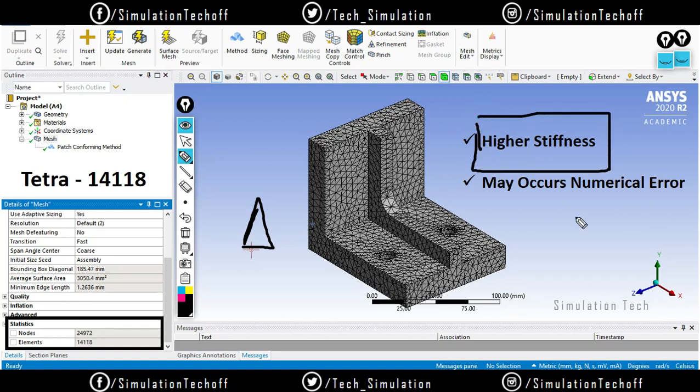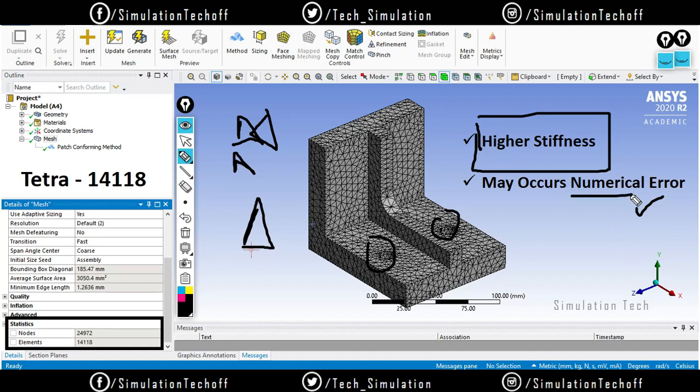And what is the second thing? You may get a numerical error. You will notice that there are a lot of meshes in an irregular pattern. There is no regular distribution of nodes and elements. It is created randomly, so there might be a possibility that some of the nodes overlap or have poor element quality, causing numerical errors.